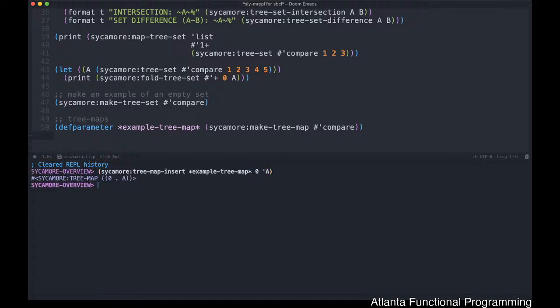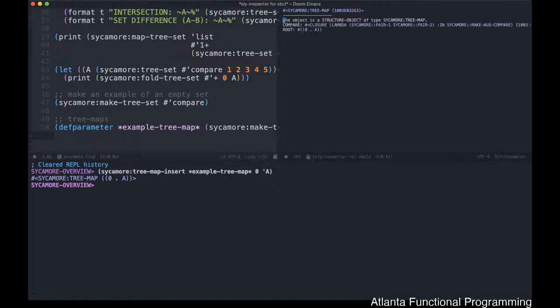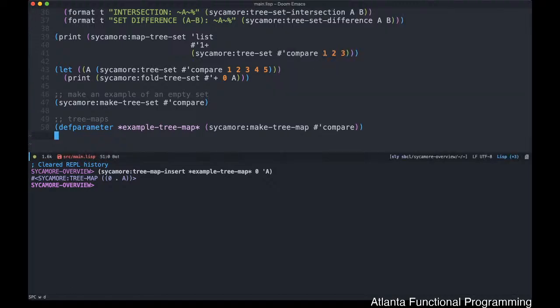0A. Internally, when tree maps are being constructed, they're going to go ahead and make them as dotted pairs. They're almost all dotted pairs. So the car is going to be the key. The cdr, or rest, is going to be the actual value of the data structure. There we go. Again, just like what we saw before,